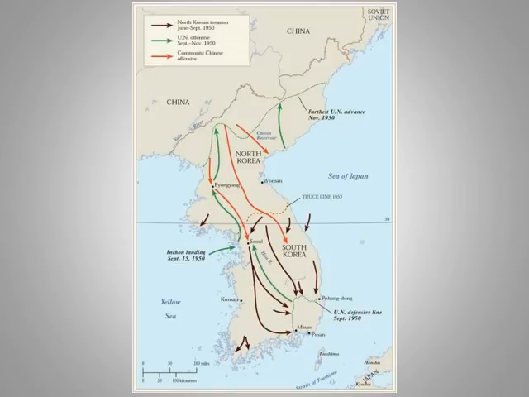They will recapture Seoul, that capital city, sort of in the middle of the map there. By January 4th, 1951, Truman at this point is actively considering using the atomic bomb again. He actually figures maybe we should give it a shot, maybe we should try it. But he doesn't have to. Thankfully, by March of 1951, UN forces are able to recapture Seoul and push the North Koreans back up to,